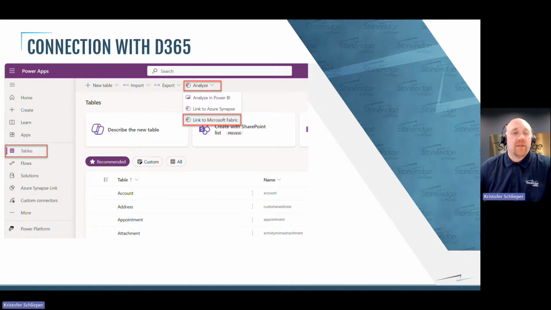So the connection with D365, you can do it in a couple of different ways through our Power Apps Maker portal. The first one is if we're in the portal and we click on the tables on the left-hand side, when that opens up, we'll have on the top menu bar the Analyze option and Link to Microsoft Fabric. When we do that, it'll take the Dataverse and this will take every single file from the Dataverse, but then it will also open up and give us the option to add